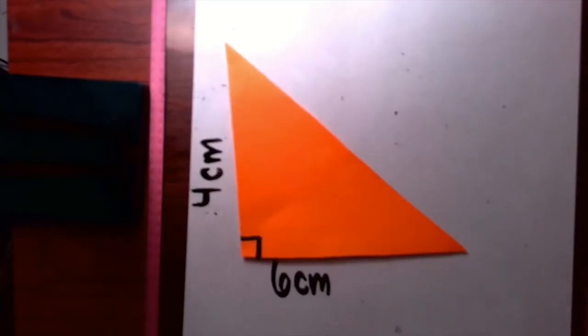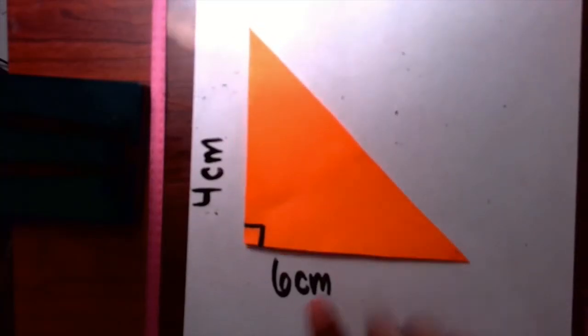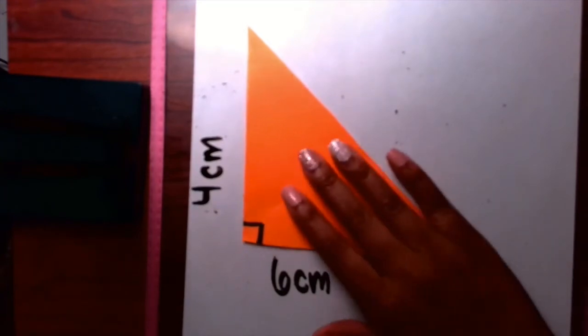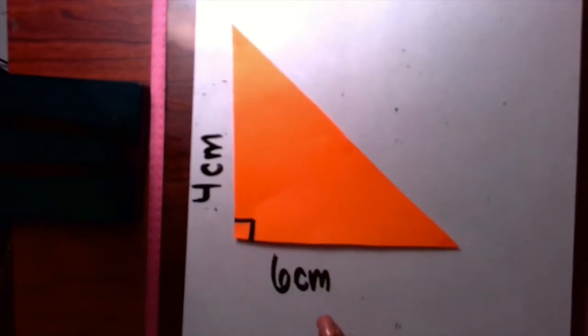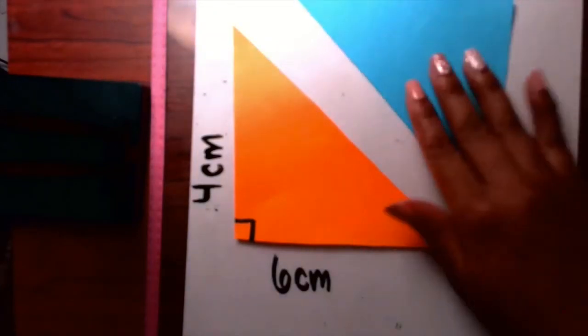Here I have a right triangle, a triangle with a right angle. Let's just say, for the sake of this problem, that the base of my triangle measured 6 centimeters and the height of my triangle measured 4 centimeters. Now, if we were trying to find the area of a rectangle, we know that area equals length times width. So, if I add another triangle